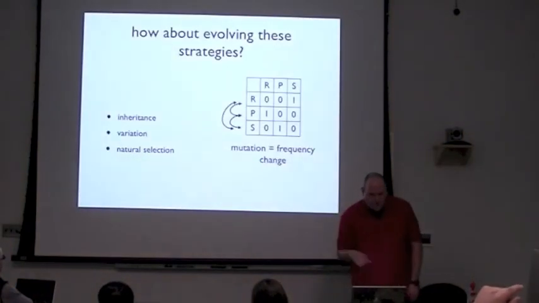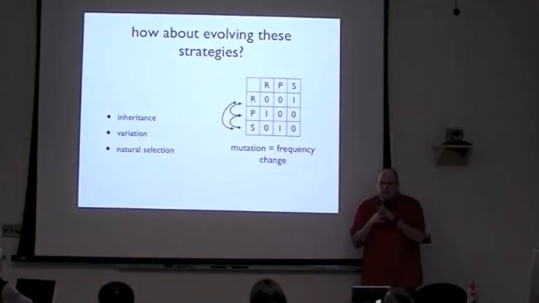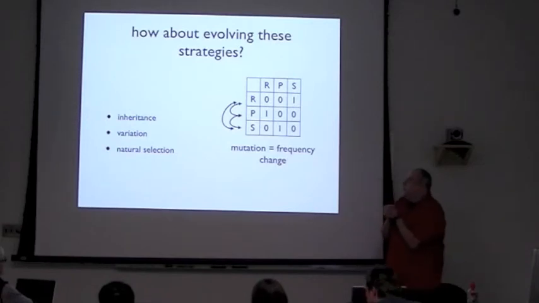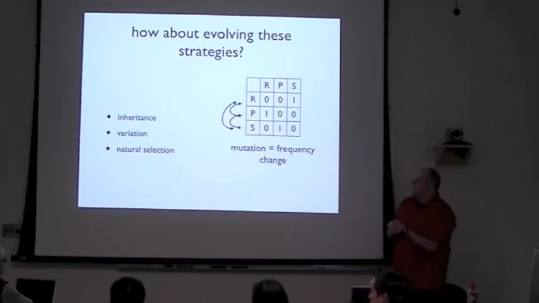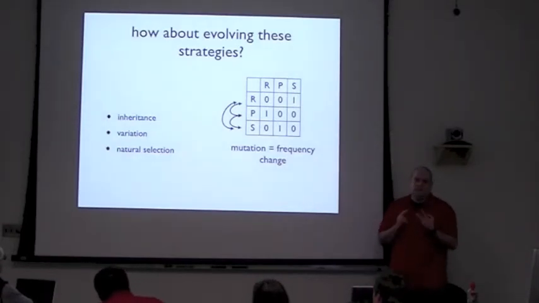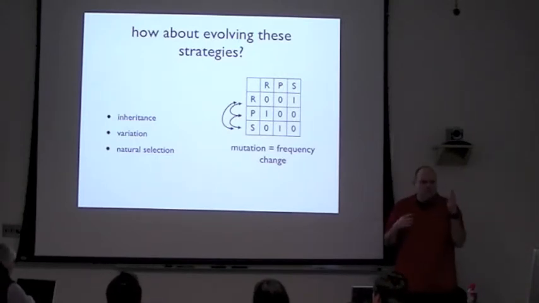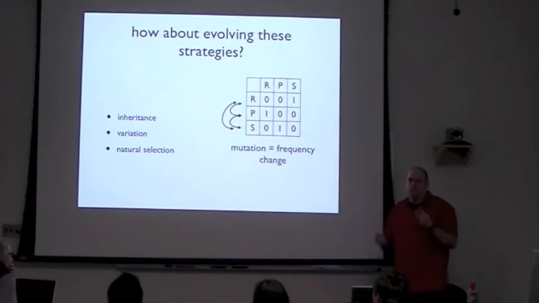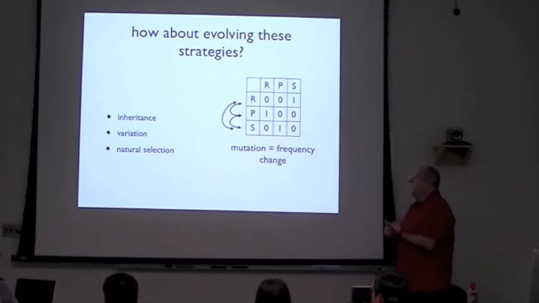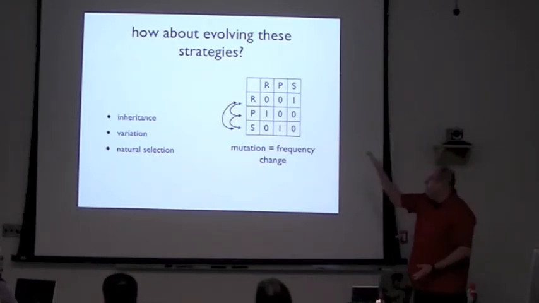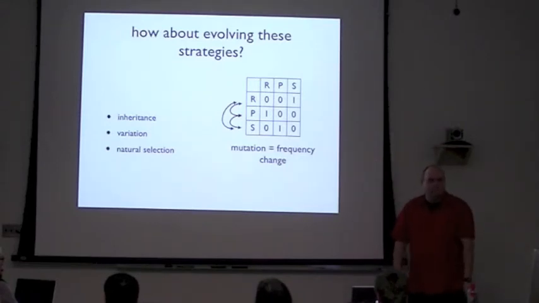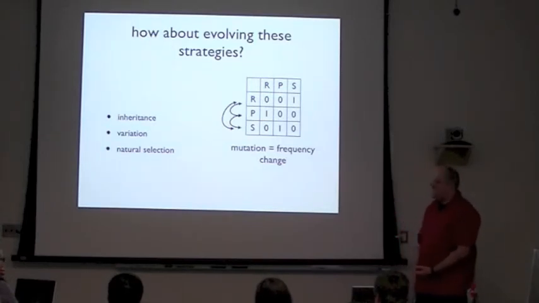Okay, let's go on. When we get to the evolution of these strategies, you should all know that evolution requires inheritance, variation, and natural selection. And we call this whole thing evolutionary game theory, so we should find these three processes in there, right? Well, inheritance is easy. Rocks always make rocks, okay? Fine. Natural selection, well, if rocks play good, the frequency of rocks goes up. That's in there. Variation,